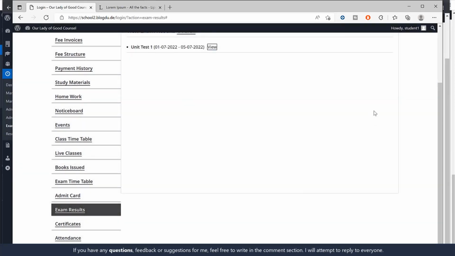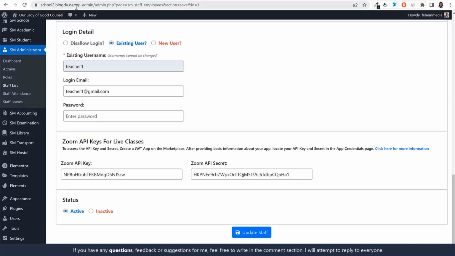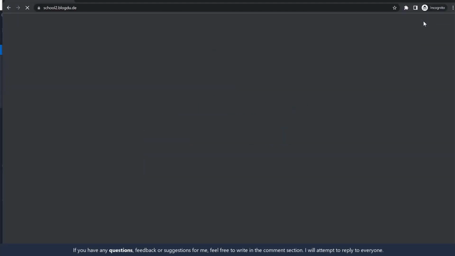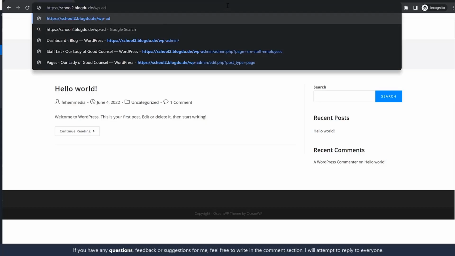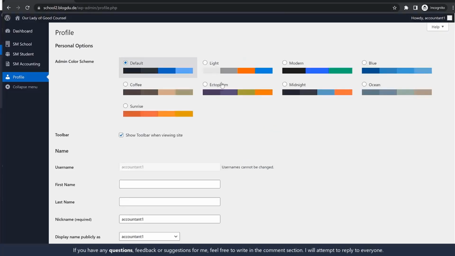Now similarly, you can log in as an accountant, librarian, transport, and you can see those things. So maybe let me cancel this student because we don't need to see this student thing. And here also, actually, let me go ahead and cancel this thing. Now let me open this again in a new private window, and now let's sign in. Okay, let's sign in as an accountant. So I think it was accountant 1. Okay, so we'll type in this thing, click on login,